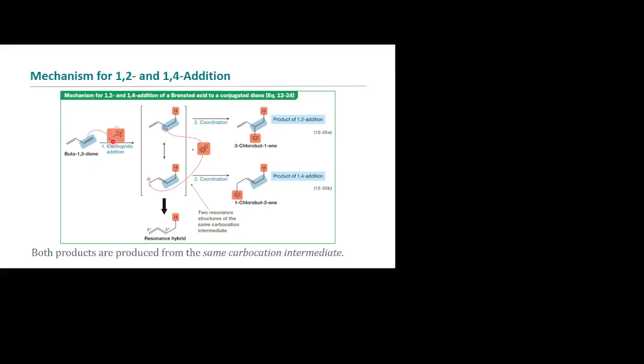This is what that mechanism looks like again. So here we have the hydrogen coming on again. We generate the carbocation. But because we have delocalized electrons that can form resonance structures, we actually are going to form that resonance structure, right? And then this is the resonance hybrid structure, with the proper terminology, I've used the deltas here. And so that means we have this positive charge on both of those spots, right? And so this chloride can attack either one of those spots, and that would give us the 1,2 product and the 1,4 product here.